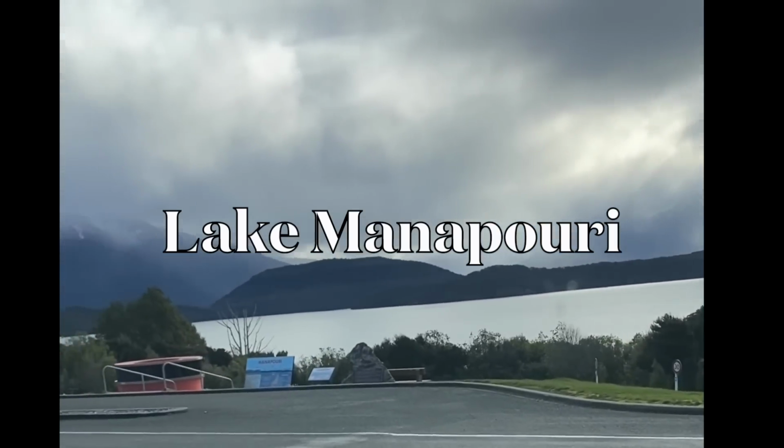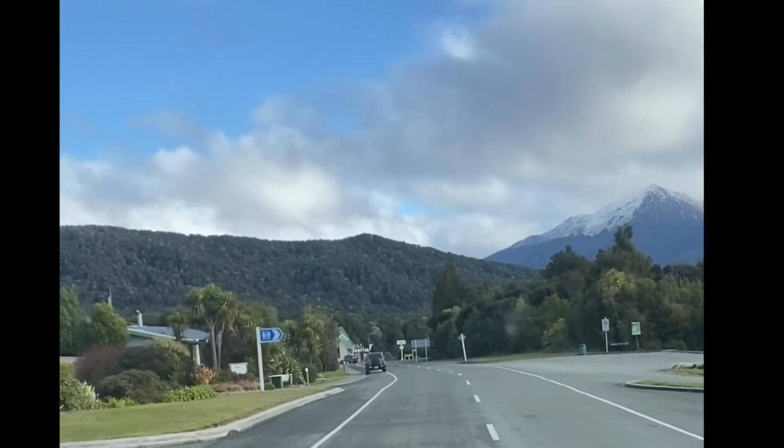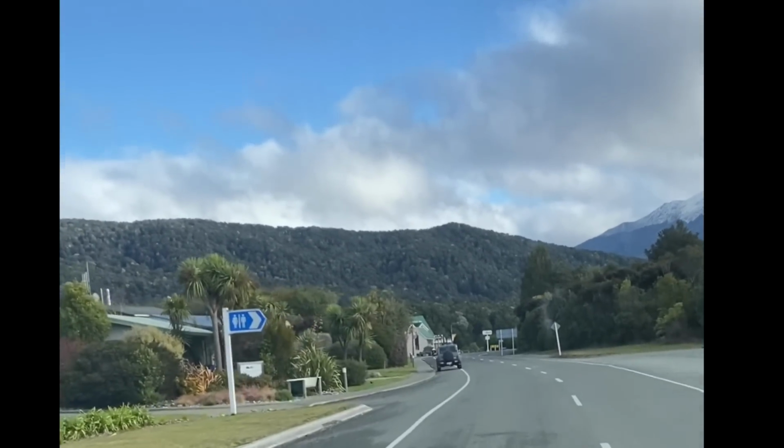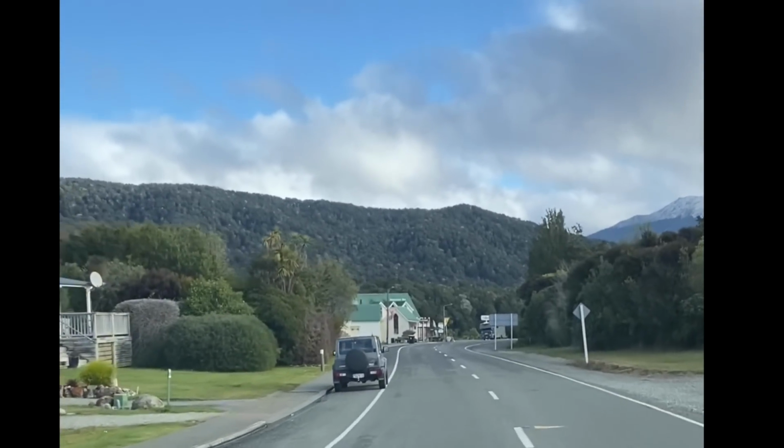You've had a cup of tea. Are you wanting to go somewhere? No, I'll just drive through the boat